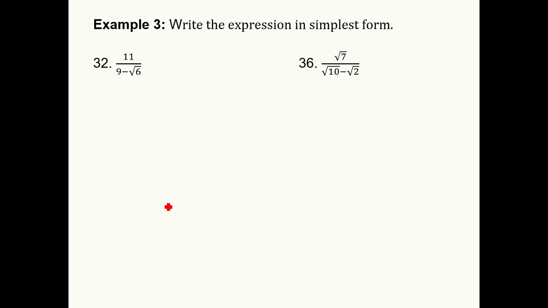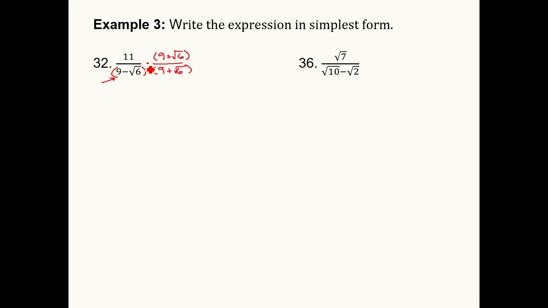All right, and moving on here, example 3. Write it in simplest form again, but now we have conjugates. You can see how our denominator looks different. It's a sum or difference of radical terms, not simply a radical term. Whenever we spot that, we need to multiply by the conjugate. That would be 9 plus root 6 in the numerator and denominator. We're still just multiplying it by something that means 1, but it sets up the conjugates multiplied together in our denominator.